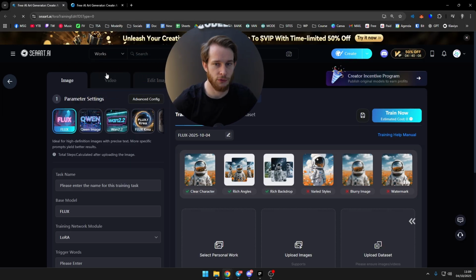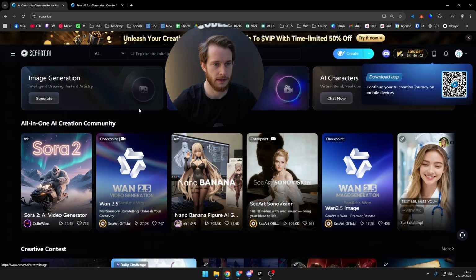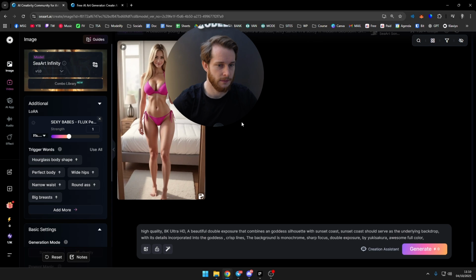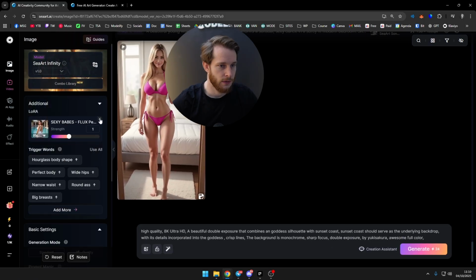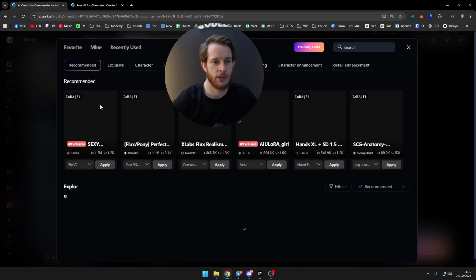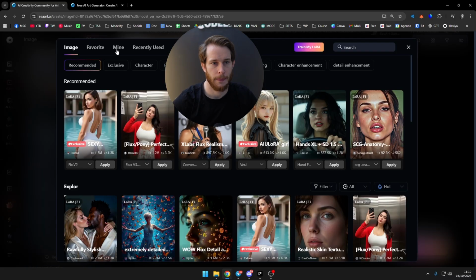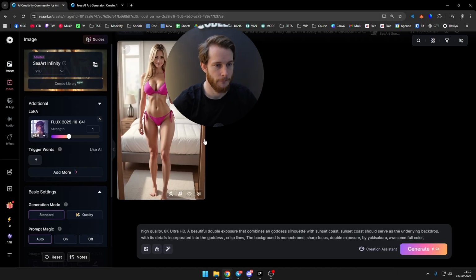And in Seant, now that we want to create an image, so let me go back. It's a bit buggy, but trust me, it's a very good website. Then we go on generate right here, and we are going to do image. We're already in image. Here, there is already a LoRa that is selected. We click additional, mine, and as you can see here, there is the LoRa that we just created. Okay, so we can just click on apply here,